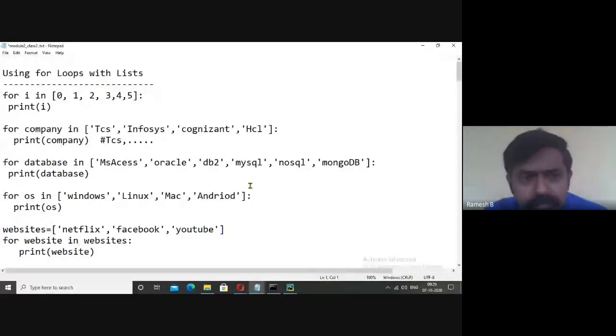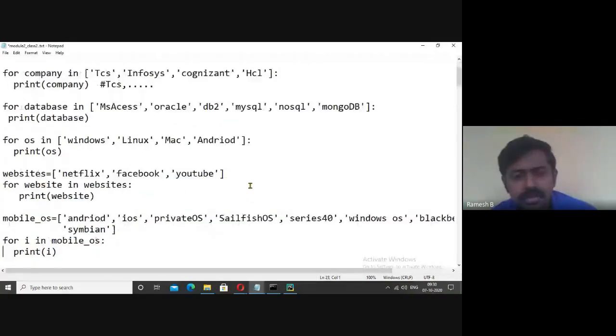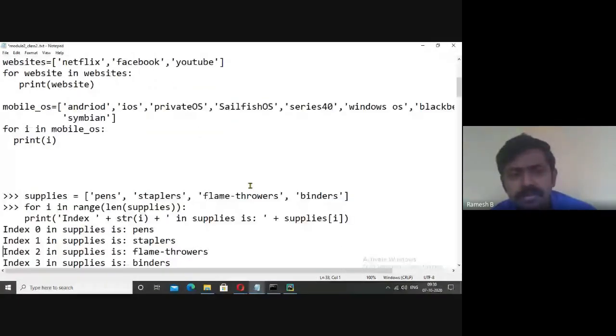In the last class, I was telling you about loops, using the loops and printing the lists. I have given you various examples. So you can use the for loop to print the list elements. I have taken a list 0, 1, 2, 3, 4, 5, and I'm printing that. Similarly, various examples. In this program, we are